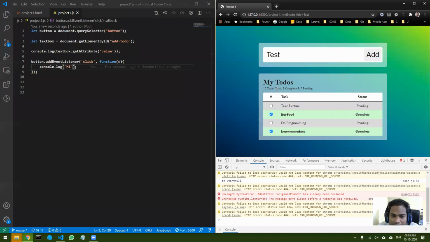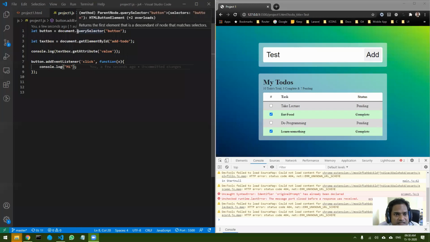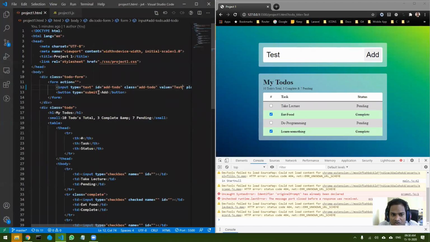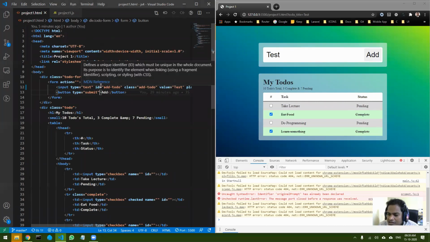Okay, Amin Ali, it's a very good question. I think there is a slight confusion with the query selector. Now this query selector is completely the same, it can select anything. For example, let's suppose this is the button that you want to select, and somewhere in the form there is another button. You want to select this button or that button, any button, right? So if there are two buttons, then it will always return the first button that is there, if you use the button tag as the selector.